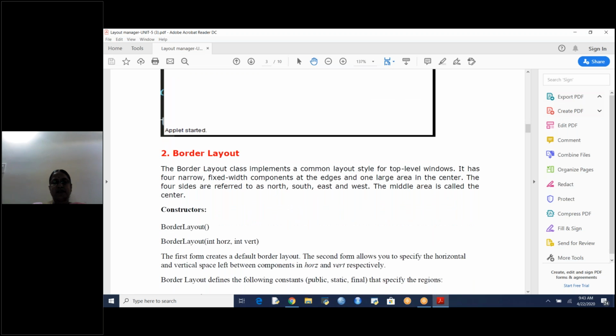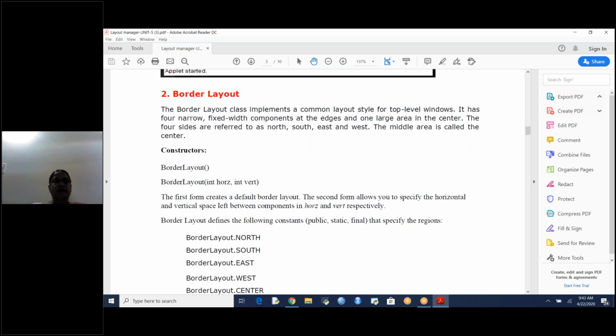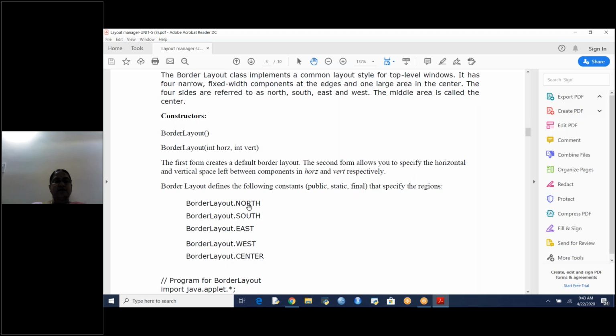That is the concept of layout managers. And the border layout is, see, for border layout there are two constructors: the border layout no-argument constructor, and one with int horizontal and int vertical gaps. And again here 5 constants are there. Borders means